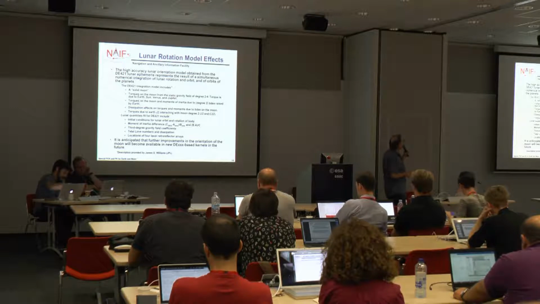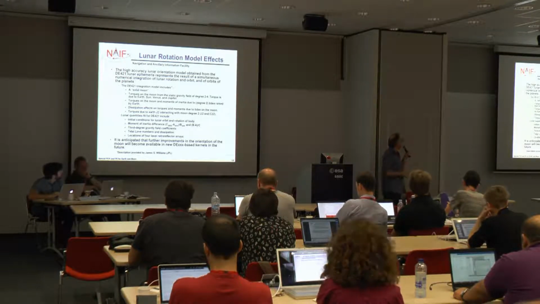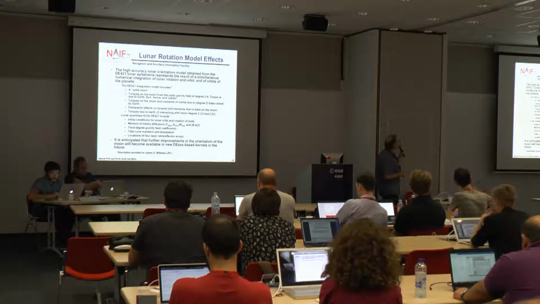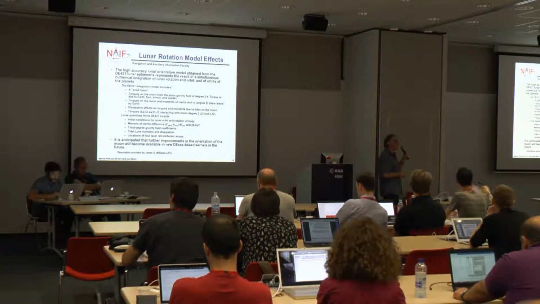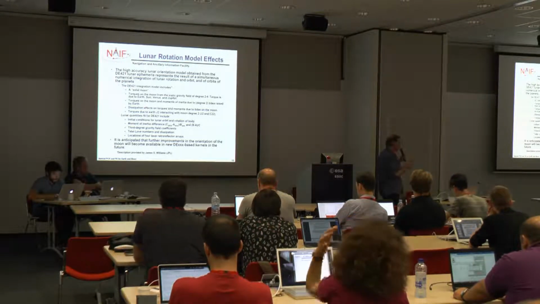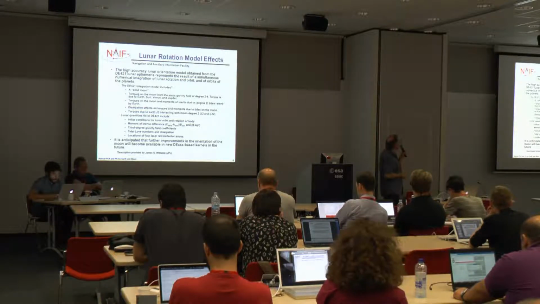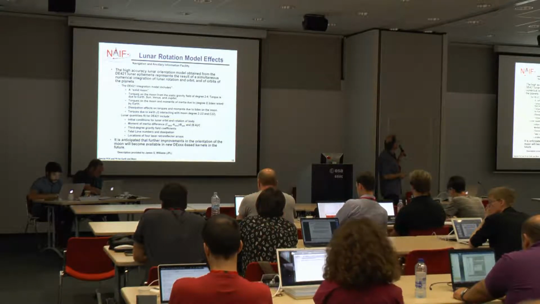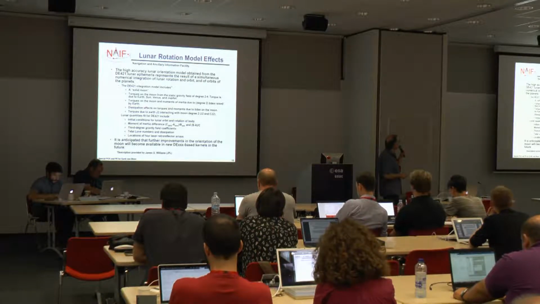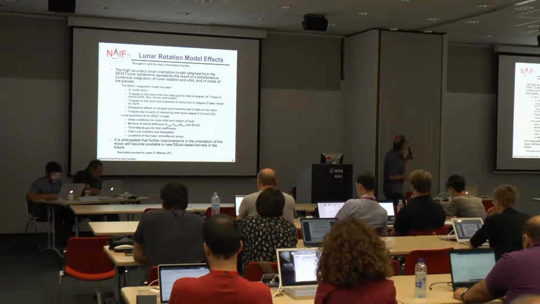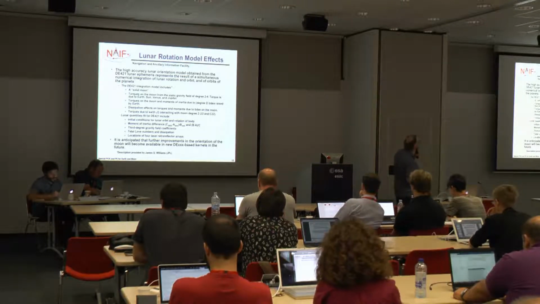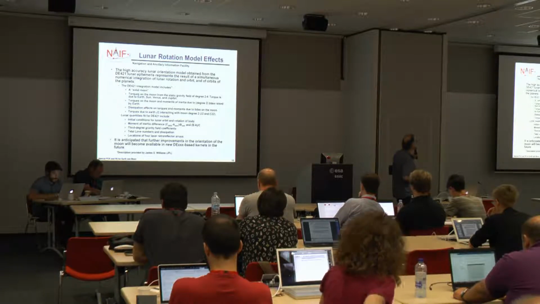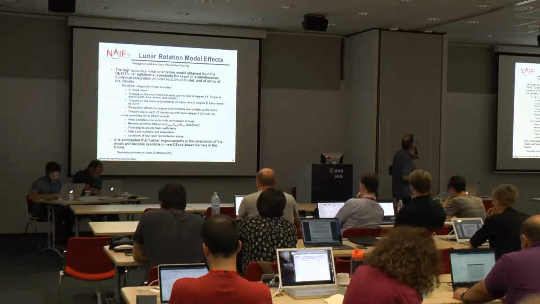Okay, lunar rotation model effects. I'll say that although we're describing these effects, I personally am not familiar with this model, so I can't add anything to what we're telling you here. The DE421 ephemeris represents the results of a simultaneous numerical integration of lunar rotation and orbit and the orbits of the planets. And the model includes a solid moon, torques on the moon from static gravity field of degree 2, 3, and 4, torques from the Earth, Sun, Venus, and Jupiter, torques on the moon and moments of inertia due to tides raised by Earth,